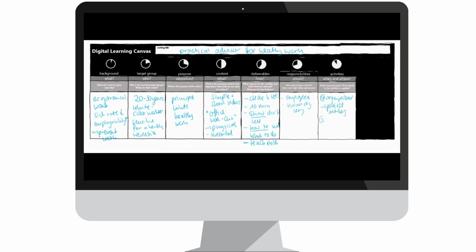And then we have a second level, which is the operational level. And for the operational level, it's important that the employees get a guideline from the trainer of digital learning. And in this guideline, for example, it's written down that the employees should do a video of maximum 10 minutes with their smartphone or with their webcam.